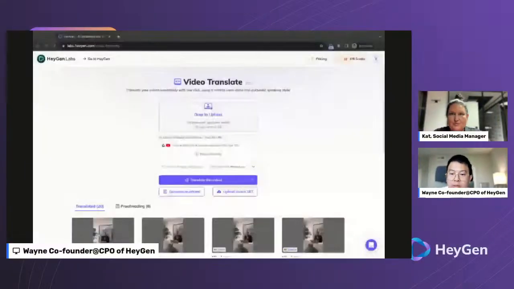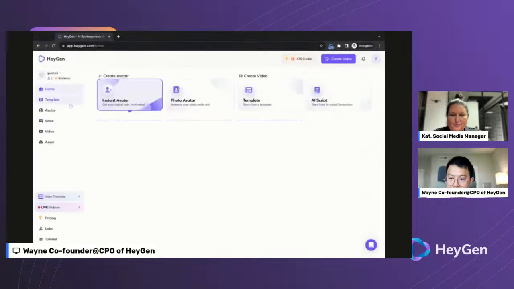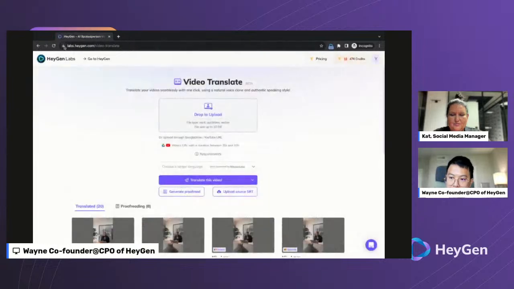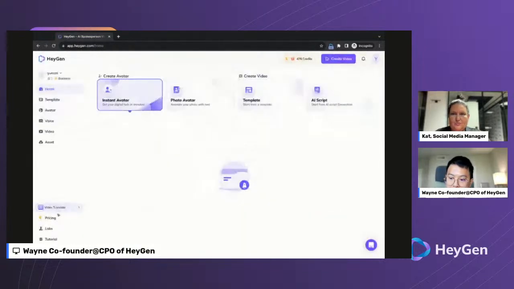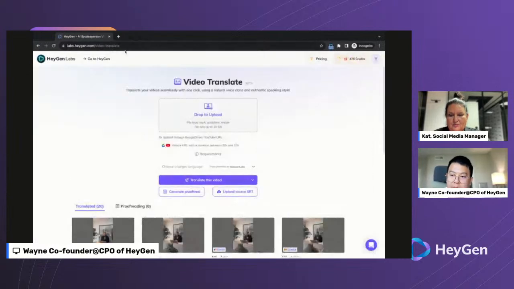Let me share my screen again. Okay, can you guys see? So it's kind of a separate thing, but it's also very relevant in terms of the technology we build behind it. You can go from the HeyGen app to video to HeyGen Labs from here, right? So we have a lab section where we are putting together all of our side innovations along with our HeyGen apps. And here is the video translation enterprise version.